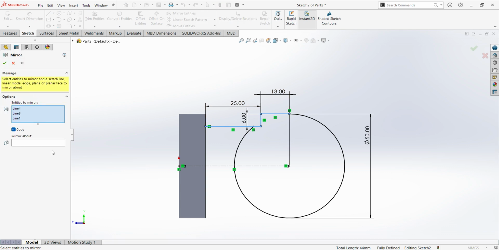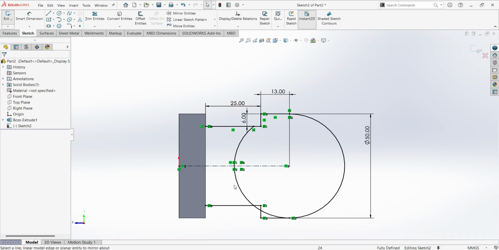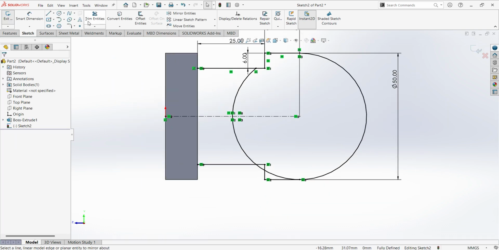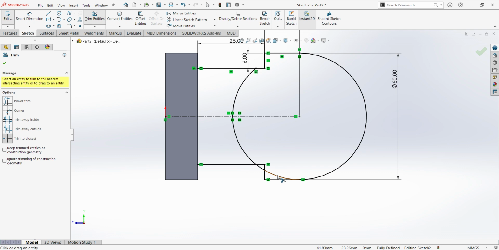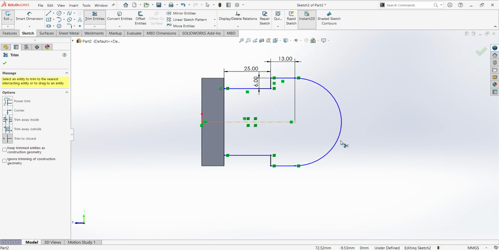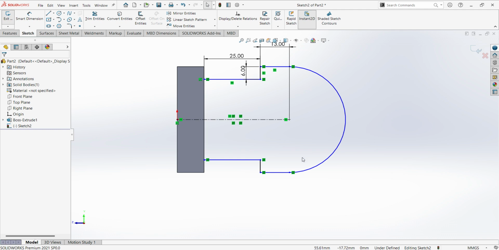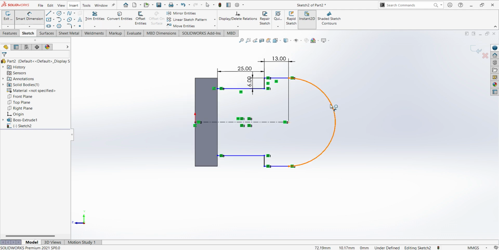Mirror about center axis. Trim entities, trim these lines. Give the dimension,